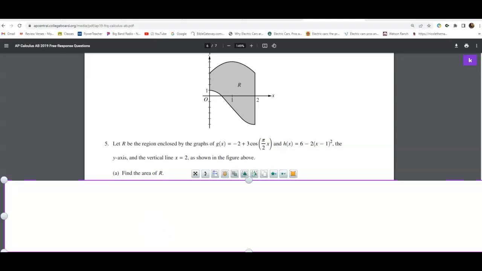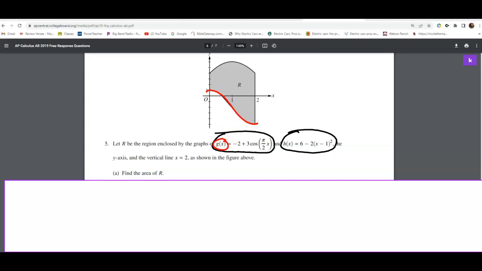All right, let's begin. They say R is the region enclosed by the graph of this guy and this guy. Now you want to know which one is which. I'll color code these. G is a trig function, as you can see, so it has a wavy look to it. Notice how it's going down and back up again. Whereas H is just a parabola, so it shouldn't be going back up again. So we can tell from the graph that H is the one on top and G is the one on bottom. And we want to be integrating from x equals 0 up to here, which is x equals 2,